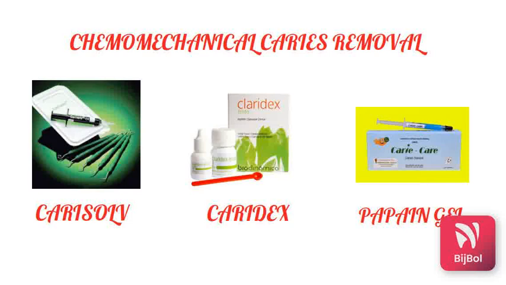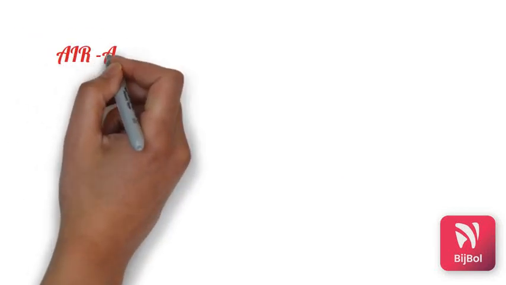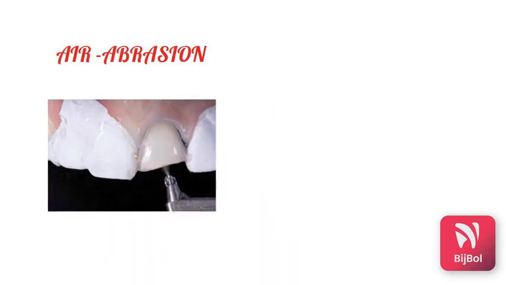Now we'll see the other management by the air abrasion procedure. This unit works by spraying a powerful stream of a focused narrow beam of aluminum oxide particles, which are of size 20 to 50 microns, with a pressure of 40 to 140 psi through a fine angled nozzle, which gives a saucer-shaped cavity suited for composite restorations.